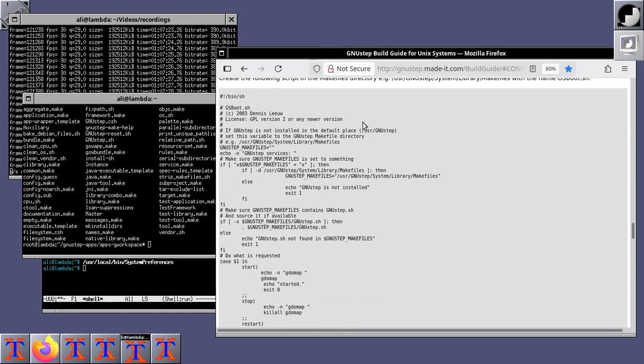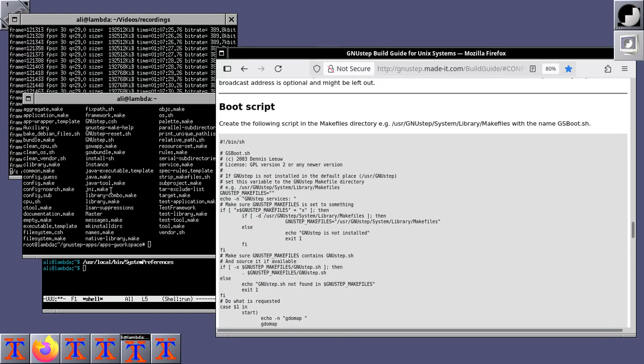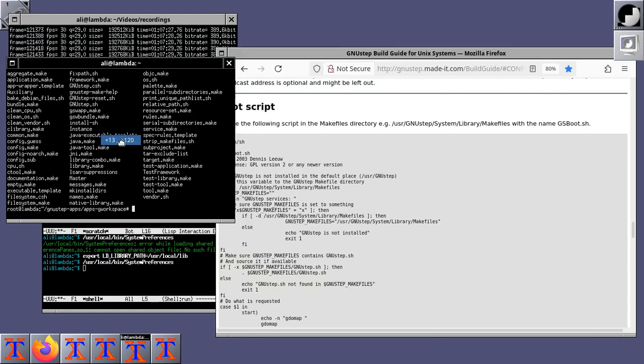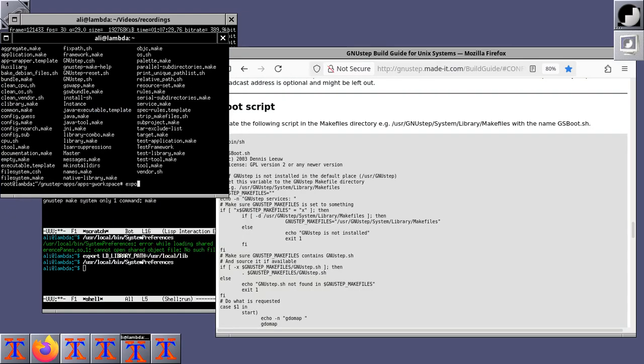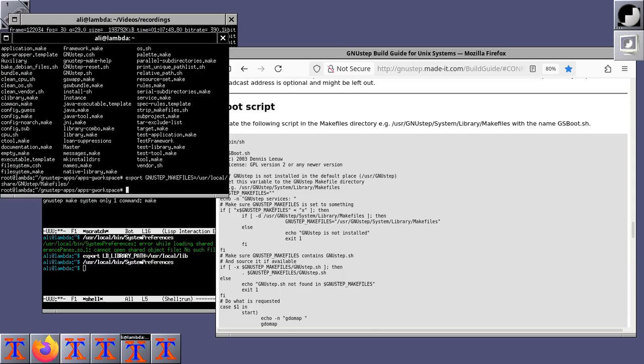There that is. We just go boot script. So we just need to set the environment variable. So we do export GNUstep makefiles to be /usr/local/share/GNUstep/Makefiles. Done. Now we do GNUstep makefiles